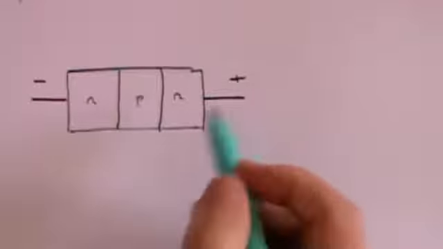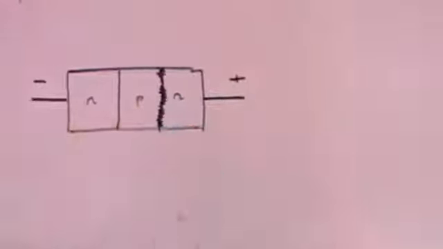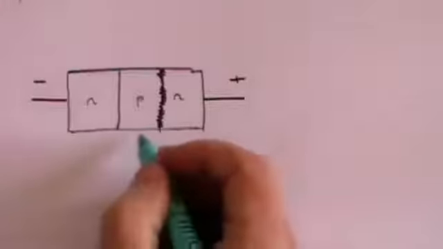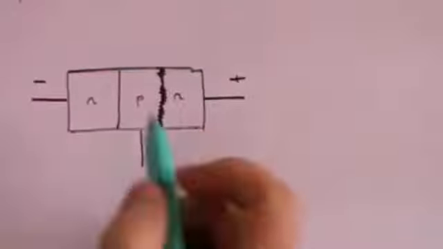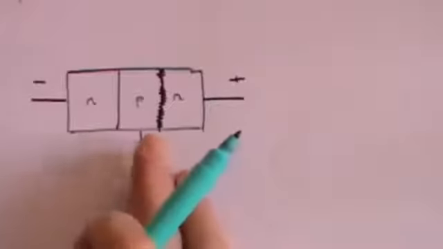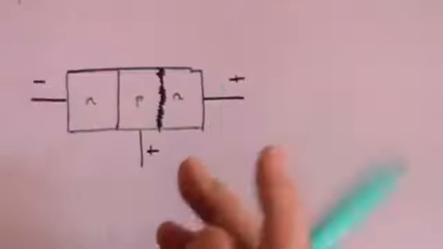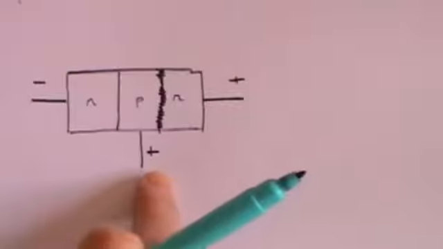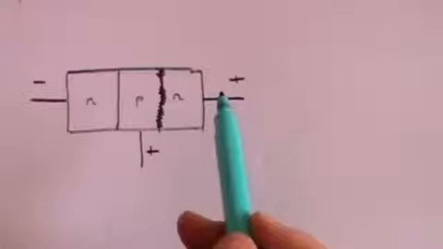But in fact, they don't, because there's what's called a depletion layer which builds up at this junction, and which I describe in the earlier video, that essentially stops the electrons from flowing. But if you put a positive charge at that point, then the electrons will indeed flow across. And so this is essentially a switch. If there is no positive charge at that point, no electrons flow. In other words, no current flows. But if you put a positive voltage at this point, then the electrons will flow and a current will flow. So it's a very simple